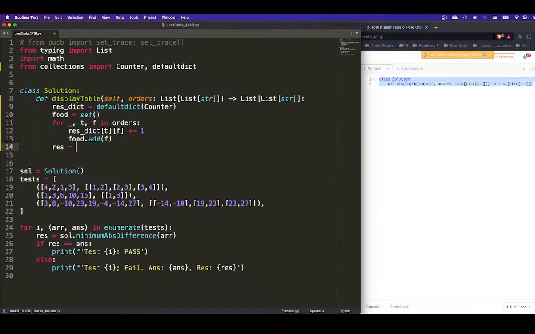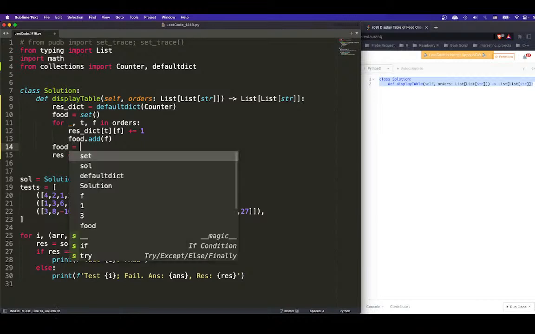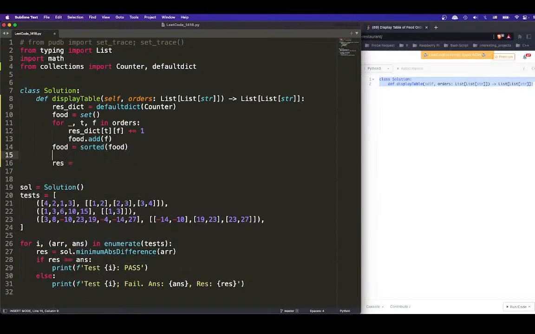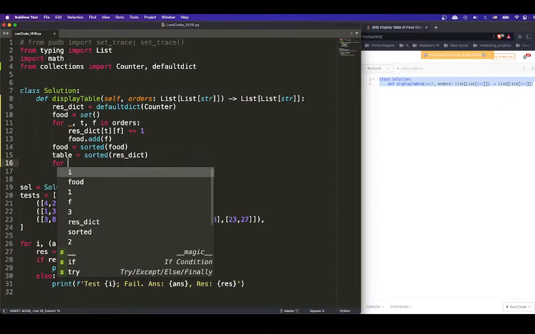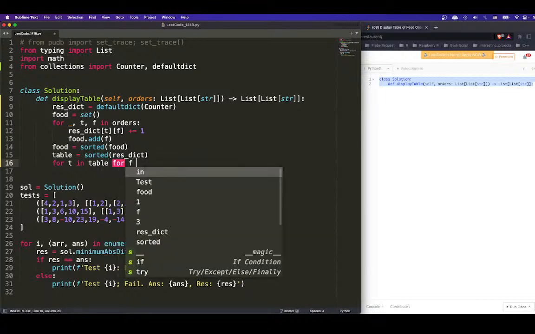And then you can say food equals sorted food. We sort the food, and then tables, table equals sorted rest dict. Okay, now we have all those. Then we can say for T in tables, for T in table, right? Then for F in food,